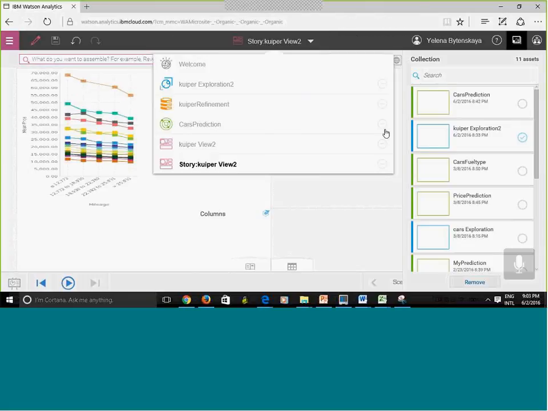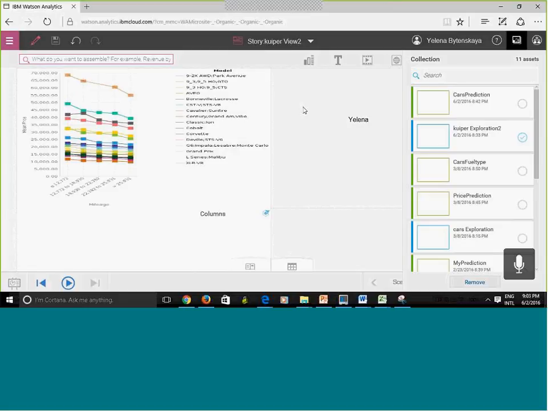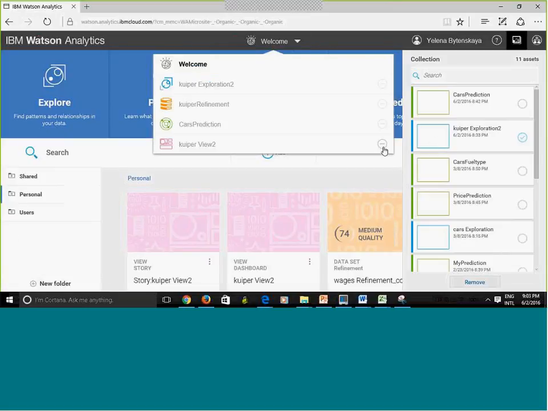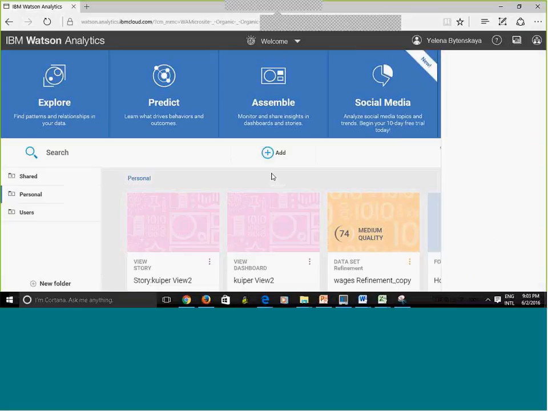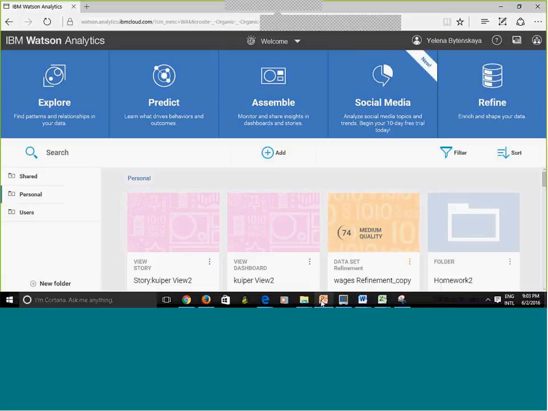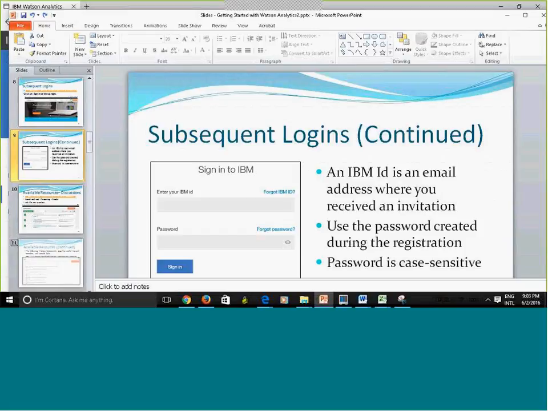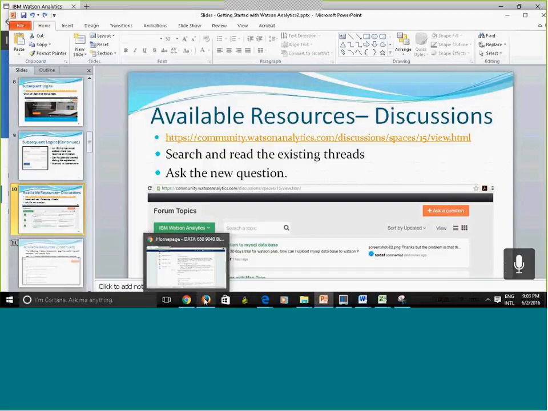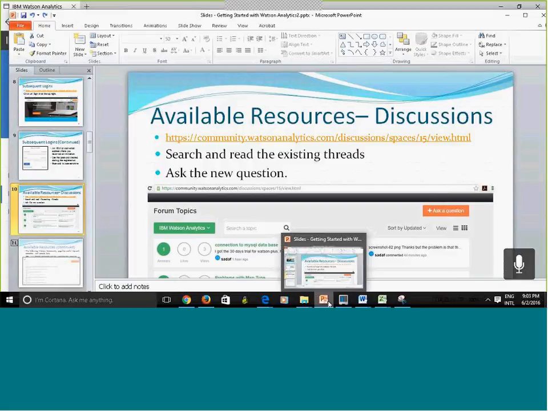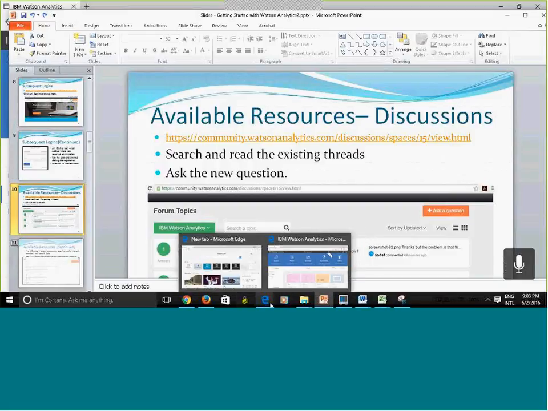Okay, now to close this, I can click on the minus sign, and there we go. I can click on another minus sign to close that one. So now I'm back at my personal area. Let me close this. Let's see what I may have missed. Here it's showing you where to log in. Oh, here it is. It's no longer called a discussion. That's called forum right now. If you have a question about something, there is a high chance that someone else may have resolved this already.